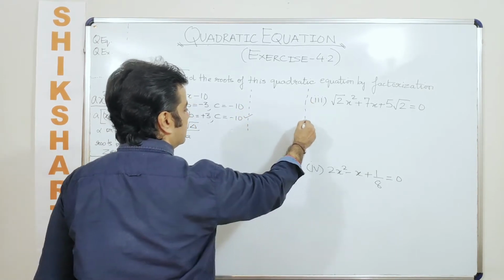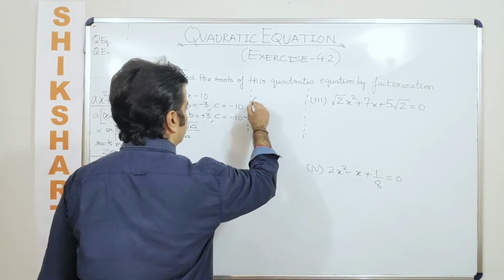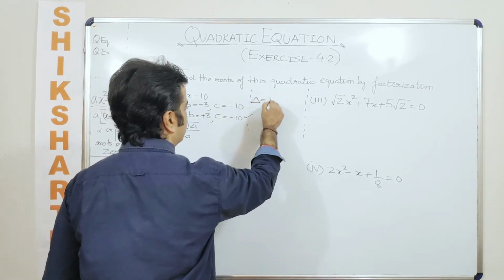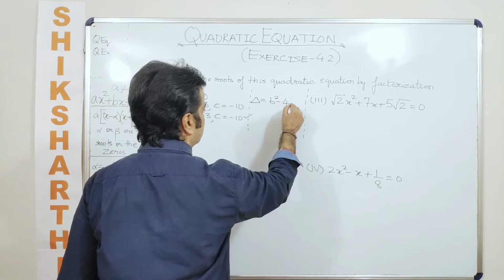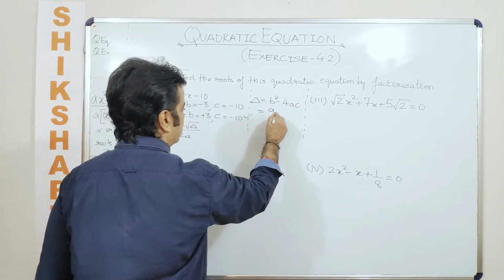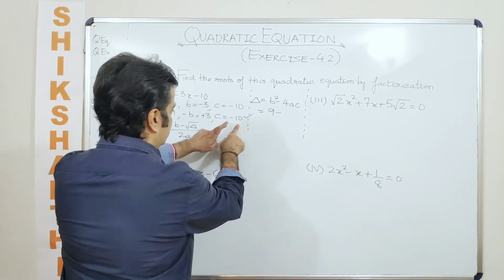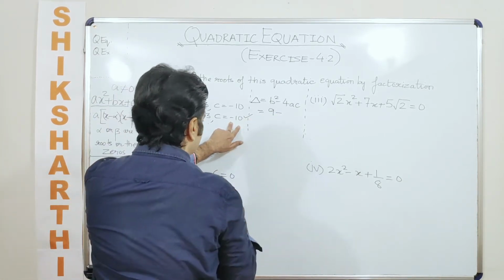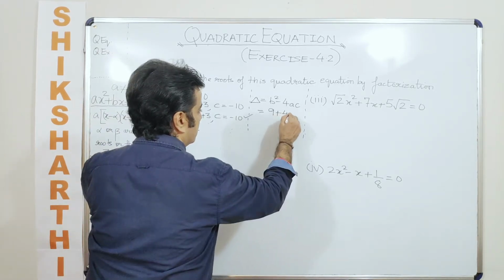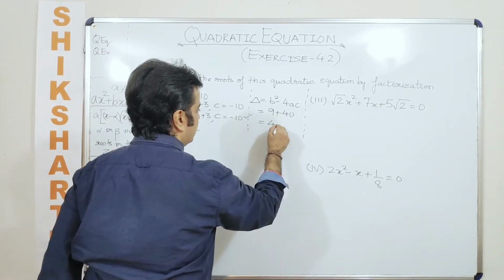So which I am calculating in this space. So what is delta here? Once you get the values of a, b, c, you can always calculate the value of delta, which is b square minus 4ac. So how much is b square here? 3 square is 9, minus 4ac. So minus 4 into minus 10, which is plus 40, into 1. That means the value of delta comes out to be 49.